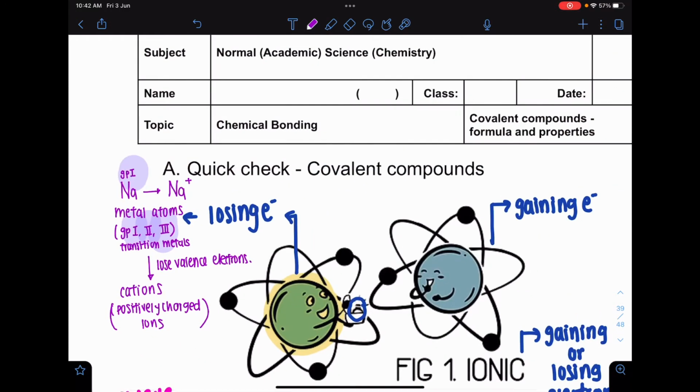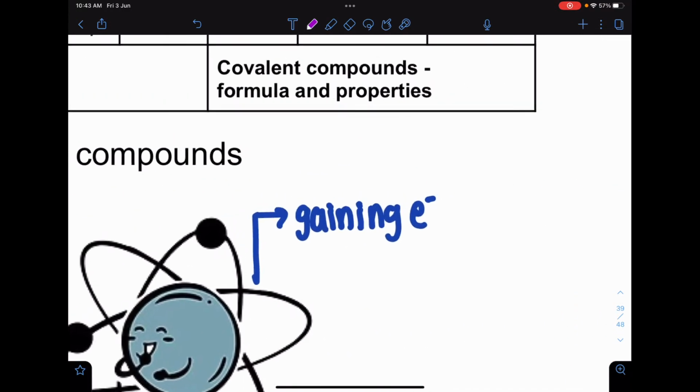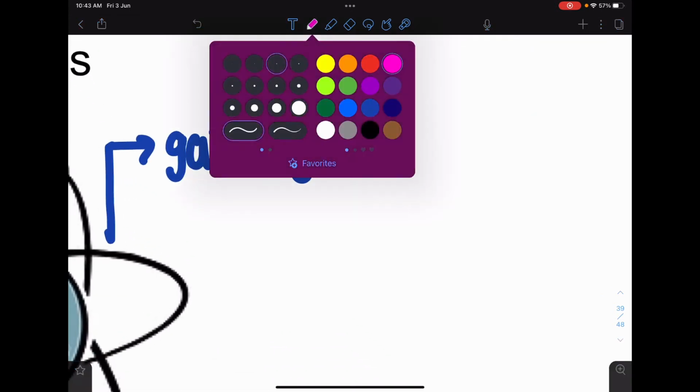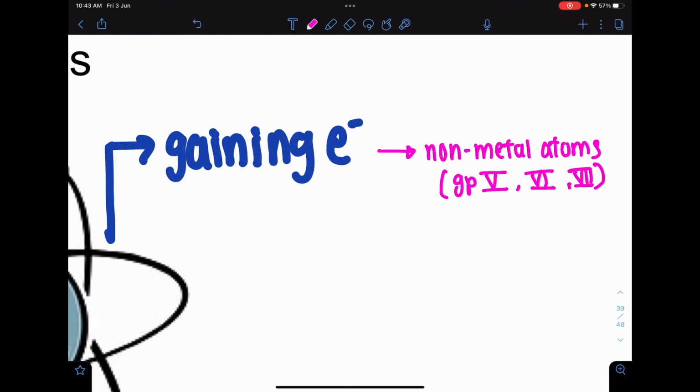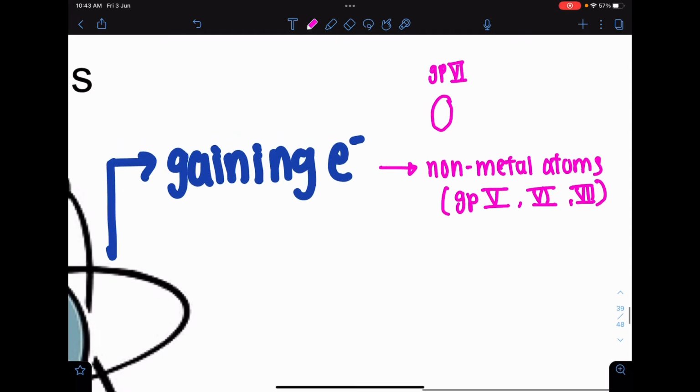Now, on the other hand, what are the types of atoms that will gain electrons? These are the non-metal atoms. In the periodic table, this refers to some of the elements in groups 5, 6, as well as 7. One of the popular non-metal atoms you know is oxygen. Oxygen is in group 6 of the periodic table. That means it has 6 valence electrons. With 6 valence electrons, it will need 2 more, so it's going to gain 2 electrons on its valence shell